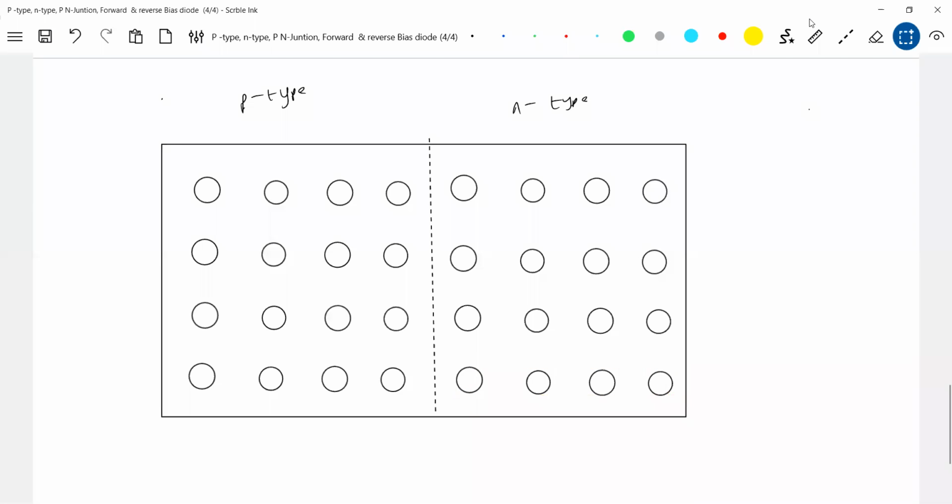Okay, there's a p-type. So here shall we put a negative sign? We are not going to show the silicon. That is what you have to notice here. Only donor ions and acceptor ions will be visible for us. Silicon atoms, we are not going to show. Holes, free electrons, and donor and acceptor ions, only that we are going to show. And we need not show the covalent bonds, you leave that also. So here holes will be there.